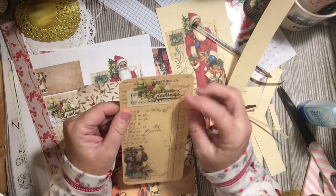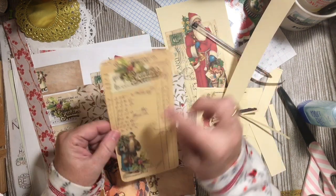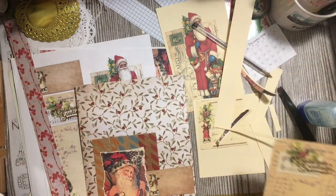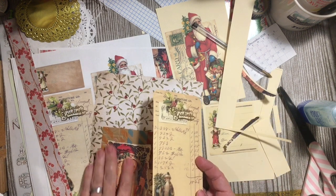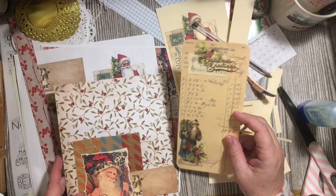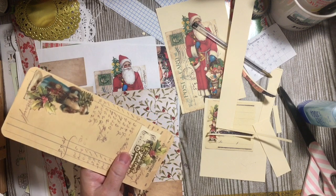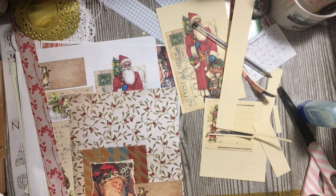So now, you know, we could cut this off if we didn't want that, or we could cut this here and have the shorter little piece for inside there. And I mean, there's just so many things you can do. So for right now, we'll go ahead and we'll add this. And so we do need a topper on this. I'm just going to use the